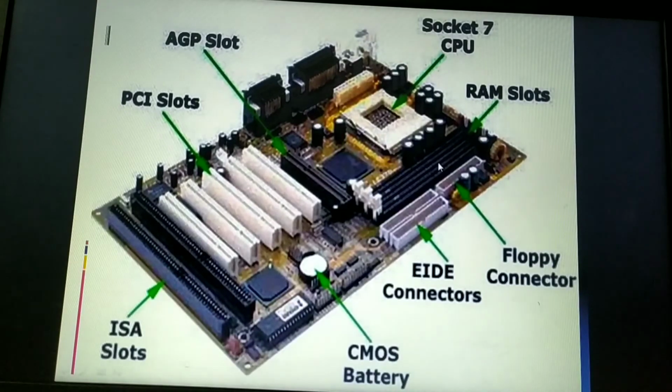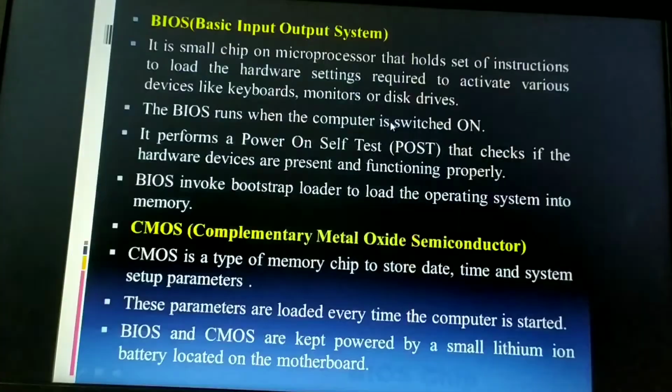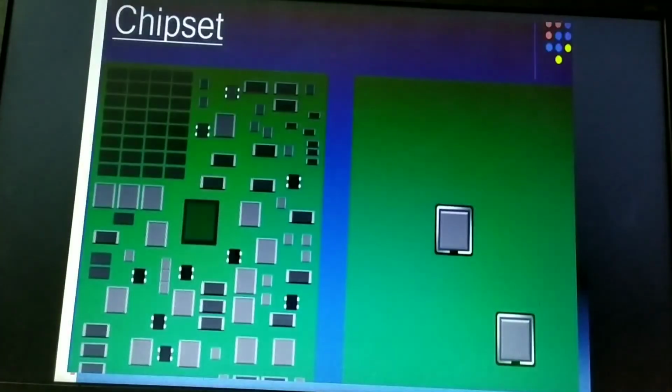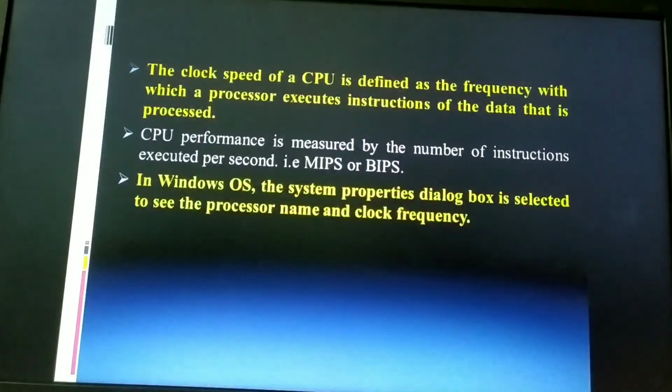Moving on to the next one, the processor slot. Now this is the processor slot. The functionality of this processor slot is to insert the processor chip, the largest chip on the motherboard. So we have seen the processor, CPU. Processor is nothing but the CPU, right?